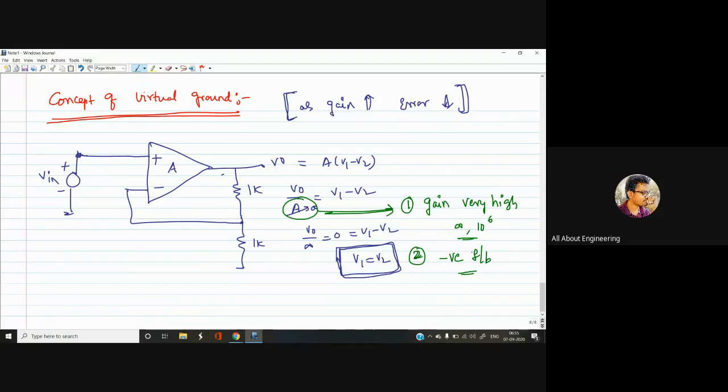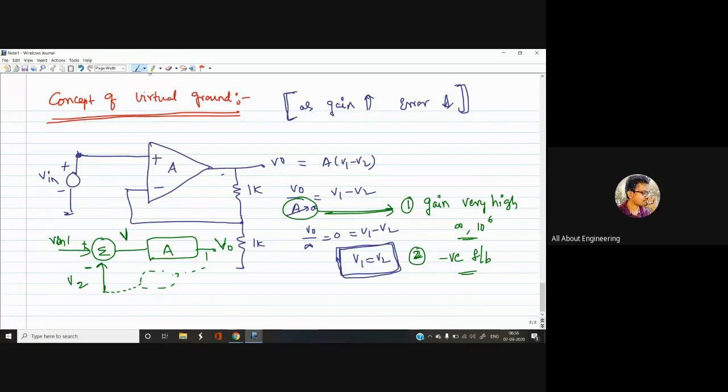Now, why am I saying that negative feedback is a must? I think you already got the idea why gain should be high to apply virtual short. Now, let me justify why I told negative feedback is a must. So, the more generalized look of this circuit is V in, given to a summer. This is usually getting added in negative way. So, V2, or let us take this as V1. And here there would be an amplifier. And here you are taking output. So there will be a beta network and all those things. For God's sake, just forget all those things. You directly assume that this is connected here. Now this thing is called VD.